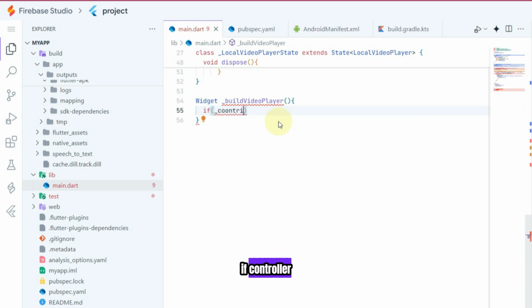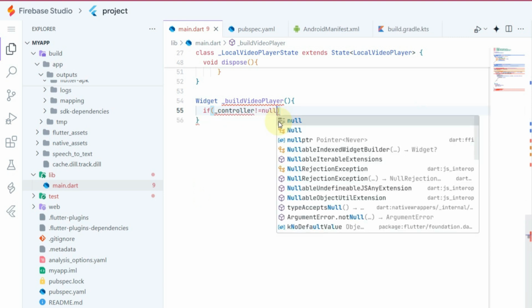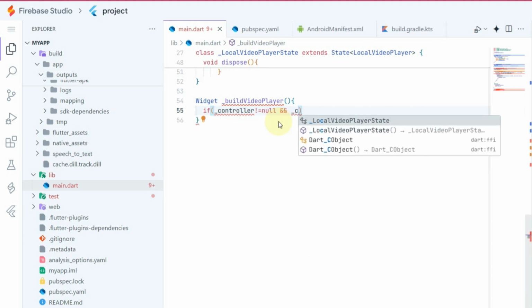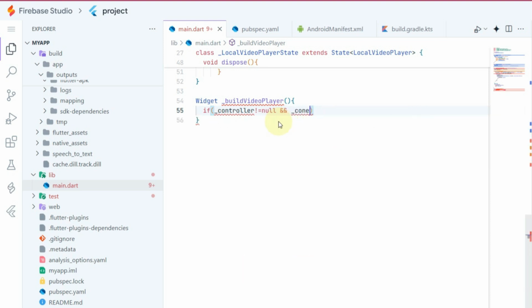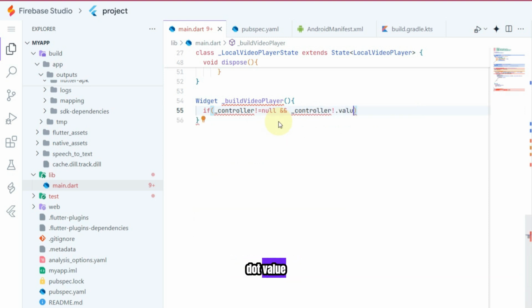If controller is not equal to null and controller.value.isInitialized,